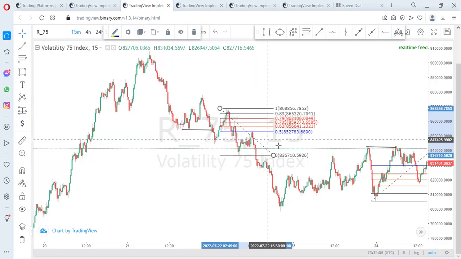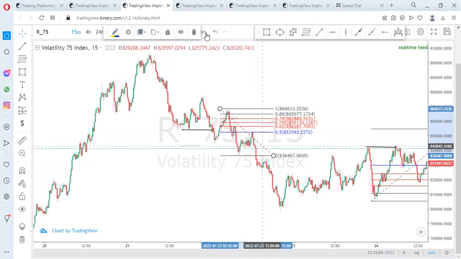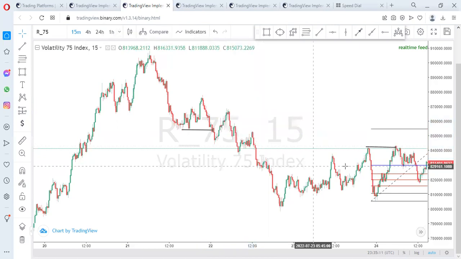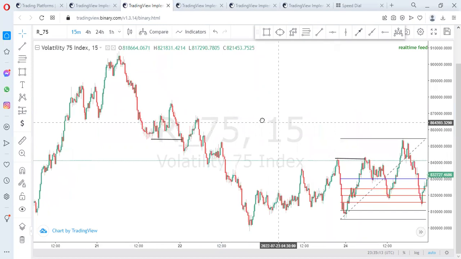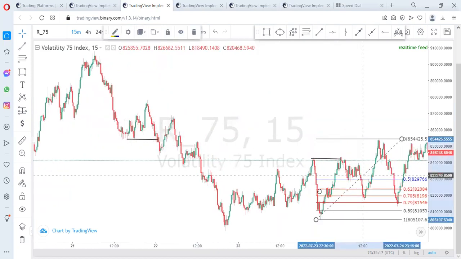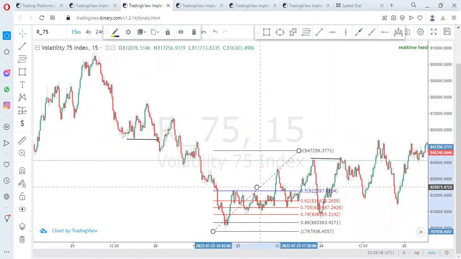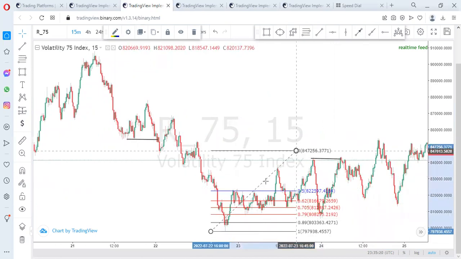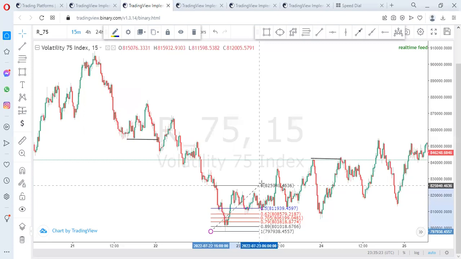That's trading for you. Okay, let me show you one last example on this before I show you another way I use my Fibonacci retracement tool. Okay, look at this scenario. I want to show you this scenario, where we have